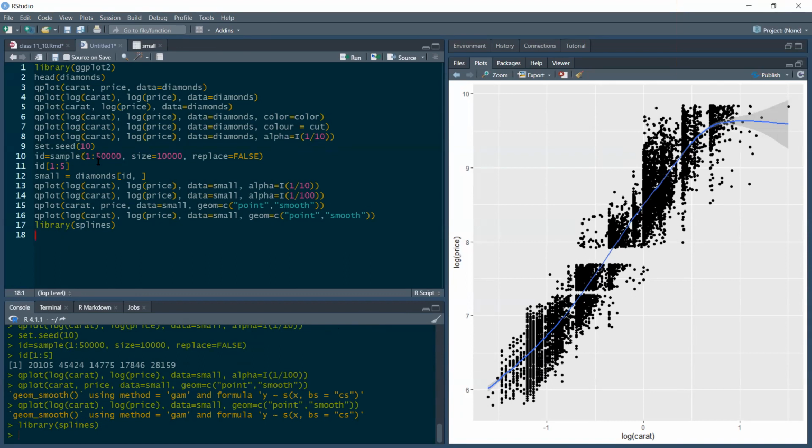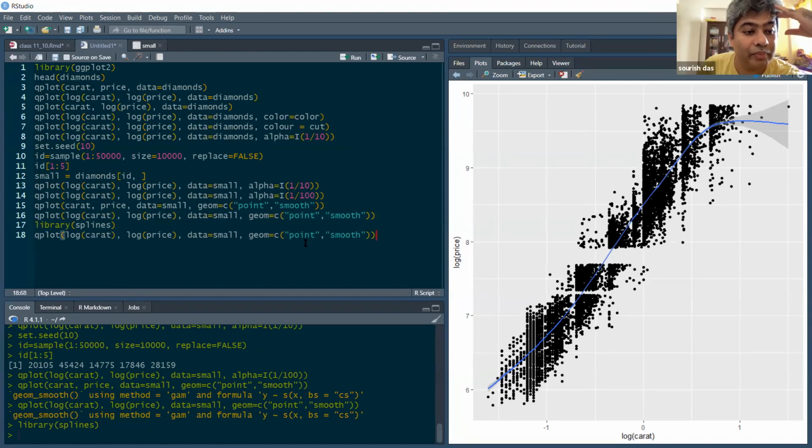And just run the same piece of code after that. The line 16, you just copy and paste it here.